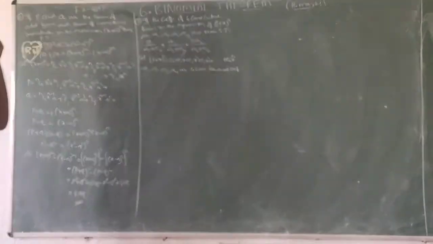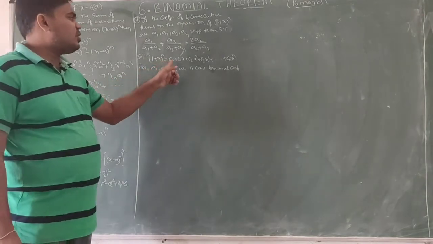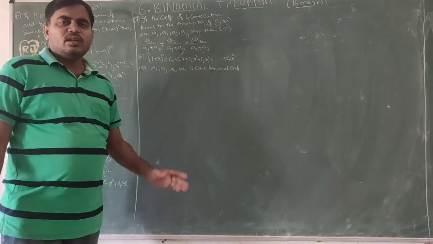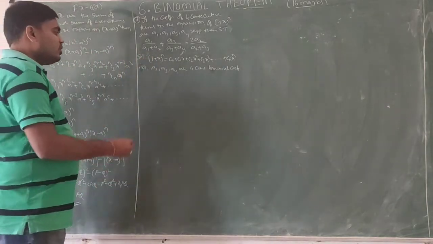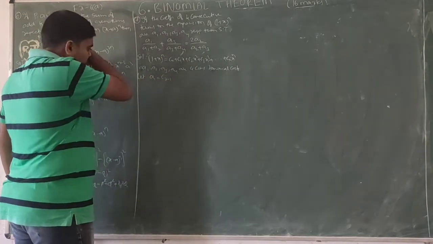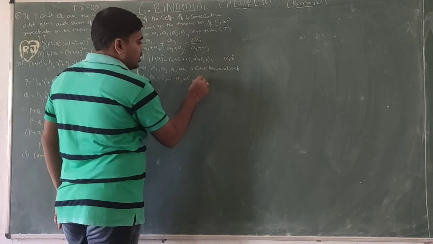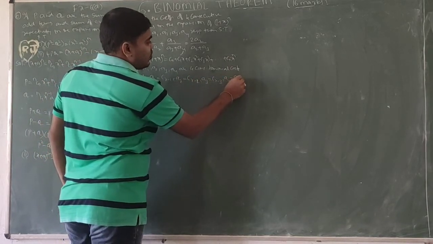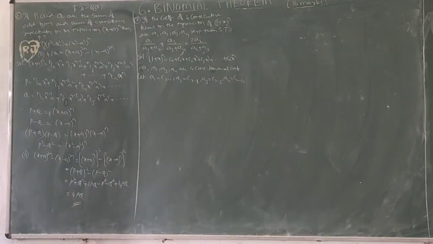A1, A2, A3, A4. So I am taking four, for example, C0, C1, C2, C3. These are the four. C1, C2, C3, C4, C5, C6, C7, C8, like those consecutive four. So let A1 equal to CR minus 1, A2 equal to CR minus 2, A3 CR minus 3, A4 CR minus 4. So these are the four consecutive binomial quotients.